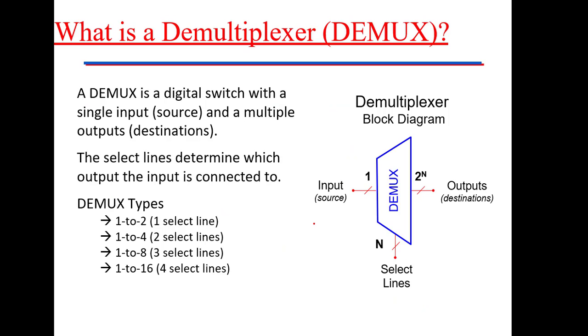I will directly go with the structural diagram. So what is the structural diagram? We have one input, n number of select lines and 2 to the power of n outputs. This is just the opposite way. Previously we had 2 to the power of n inputs. Instead of that, here we have 2 to the power of n outputs. The n select lines remain the same for both multiplexer and demultiplexer. It doesn't change. Only the input and output change, they reverse. So usually called, if it is one select line, it is 1 to 2. If it is 2 select lines, 1 to 4. If it is 3 select lines, 1 to 8. If it is 4 select lines, 1 to 16.